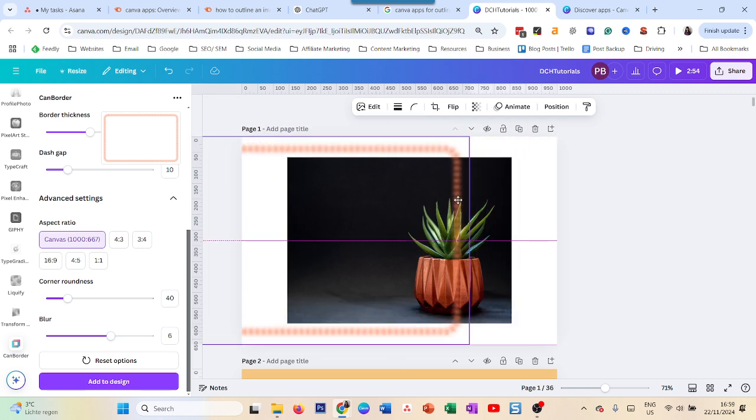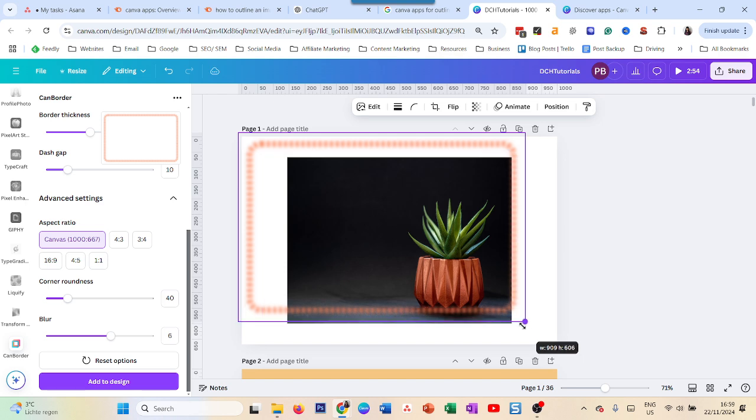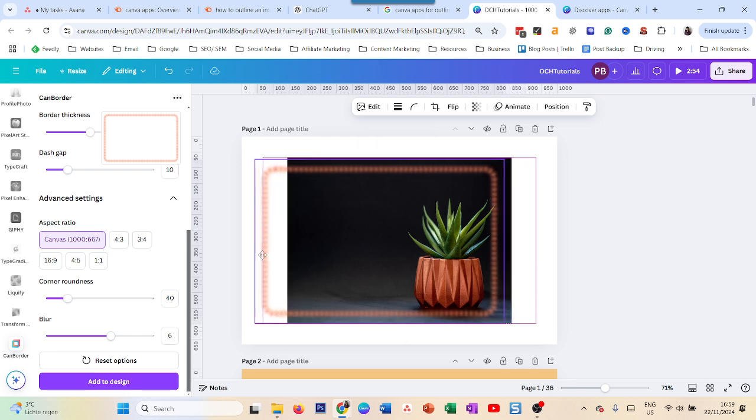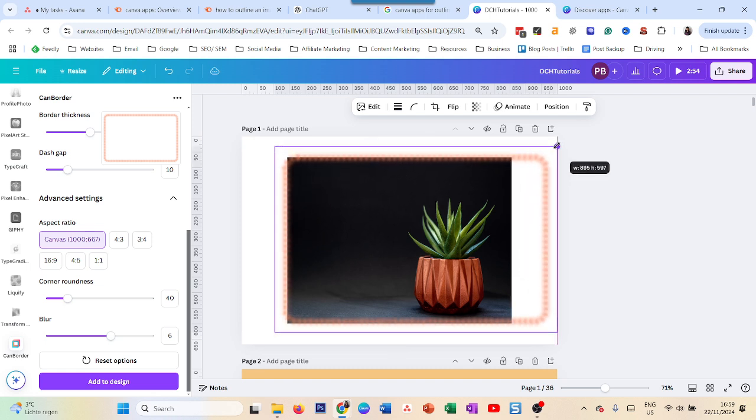So now here it's not technically adding an outline to your image, but it's creating an image like that, which you can also use to put around your Canva image. But then the problem with that is that it has to scale perfectly, otherwise it will not work. As you see, I can only resize it like that. I can of course change the aspect ratio here, but for me this is not really the most convenient